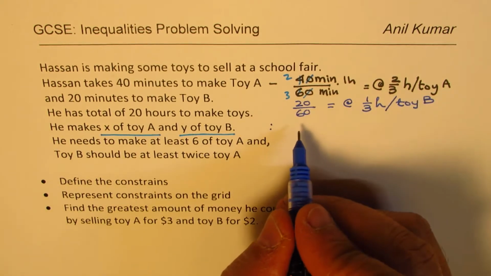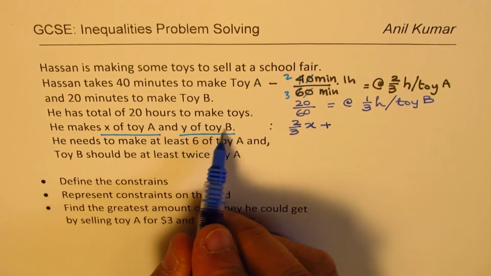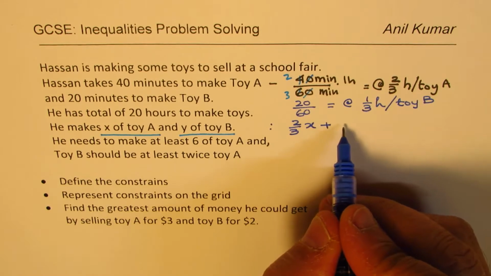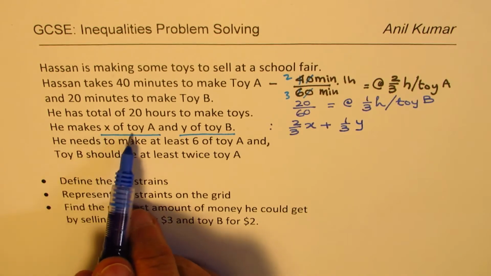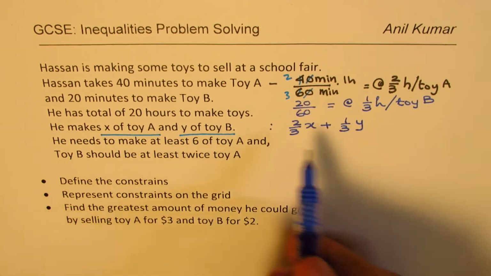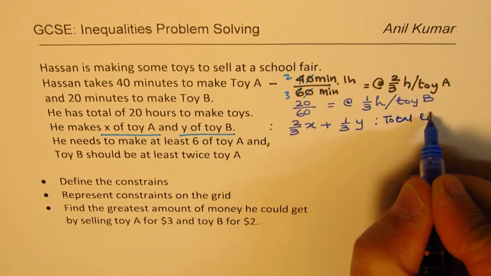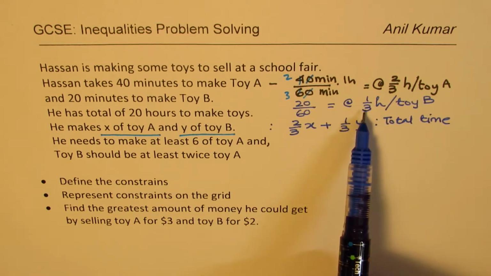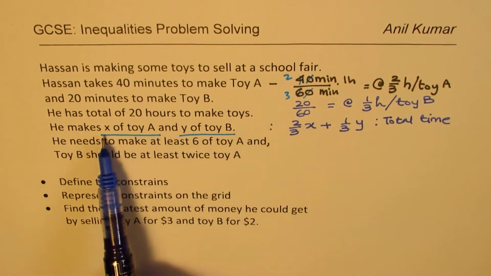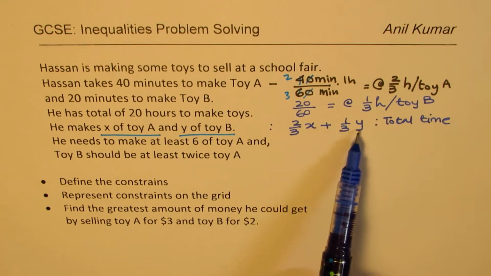So it becomes 2 over 3 X plus Y toys of toy B. So the hours will be 1 over 3 of Y. So he makes X of toy A and Y of toy B. So this is the total time to make A and B toys, right? For each toy, he is taking 2/3 of an hour and 1/3 of an hour respectively. So X of A and Y of B will give us 2/3 of X plus 1/3 of Y in hours,